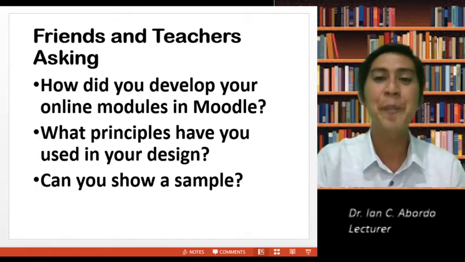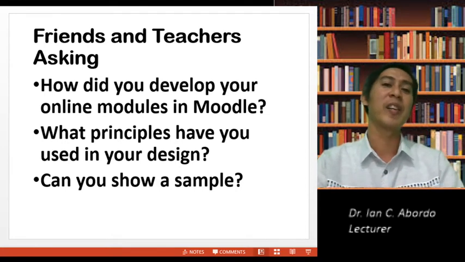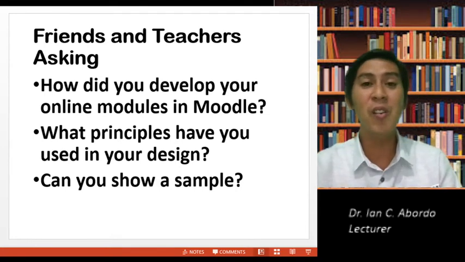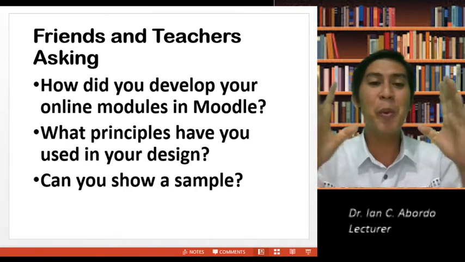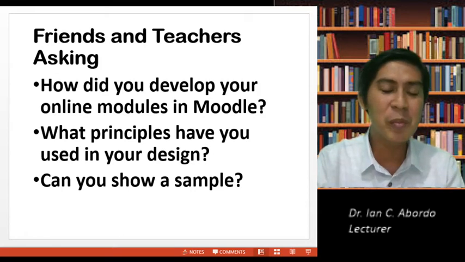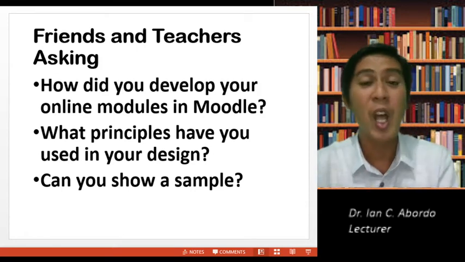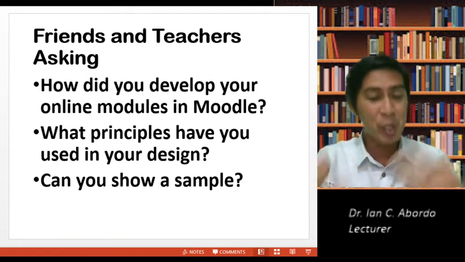You know the story. How did you develop your online modules in Moodle? I used Moodle also. Just for example, what is your design? What principles have you used in your design of online learning materials like online modules in Moodle? And what did you use when you design printed modules?